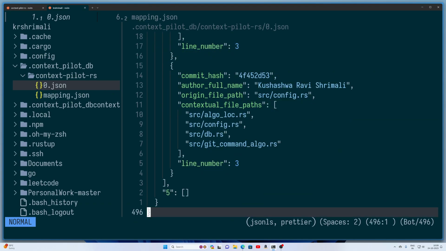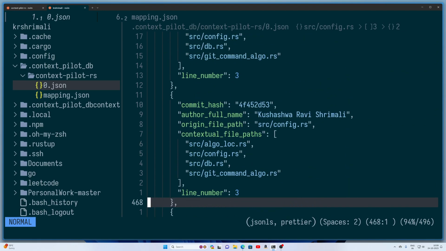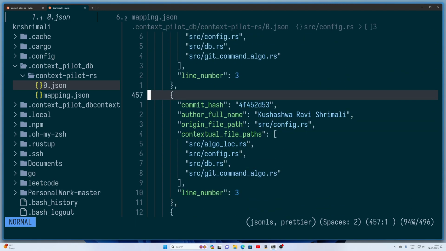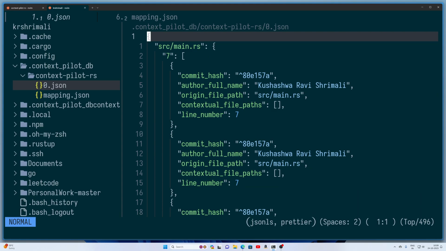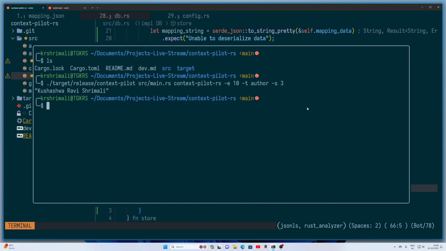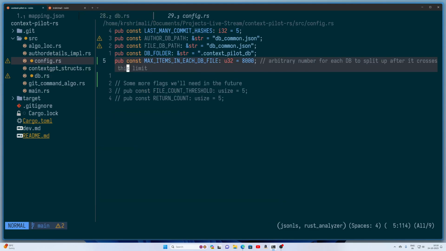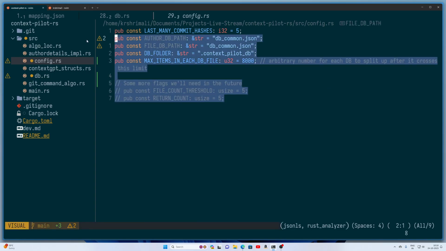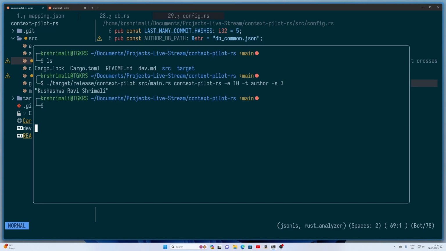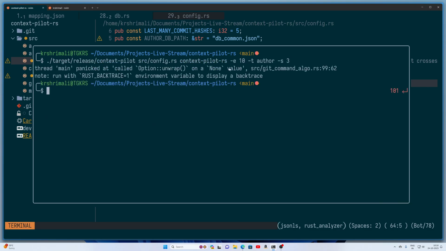Wait a minute. Wait a minute. It did. Oh, config.rs is there. Oh, it panicked because end line number is 10. That's a very short file, right? So just for some context, guys, config.rs is at 9 lines of code. The reason it panicked is because we don't really have that line number